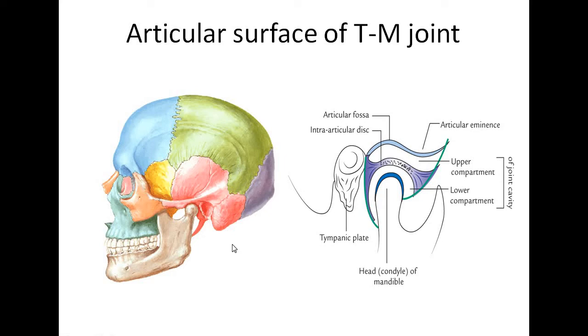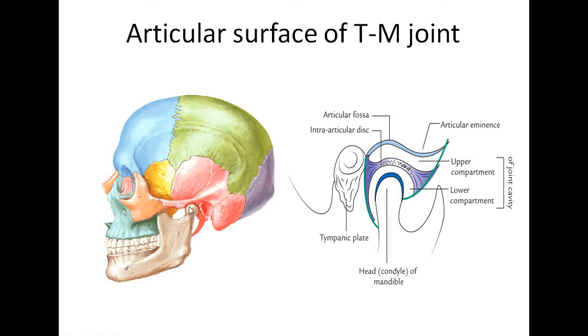The temporomandibular joint is one on each side of the head, and it is a joint present between the temporal bone and the mandible, which allows the movements of the mandible during speech and mastication. Basically, the temporal bone is part of the cranial skeleton, and it is the joint present between the cranium and the head of the mandible. So it is a craniomandibular joint, and the temporomandibular joint is the bilateral component of this craniomandibular joint.